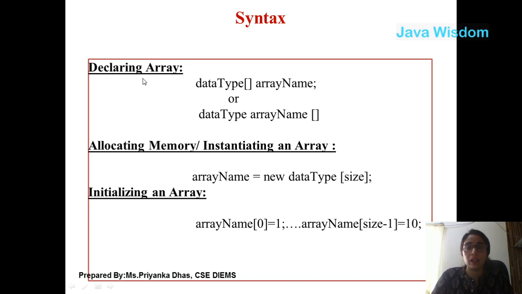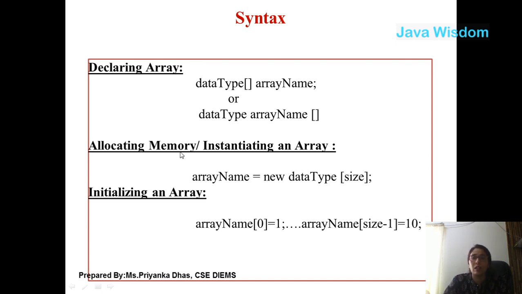So now just focus on the first part. Our first step is declaring an array. Under this you are going to declare a simple variable in the same manner which you do for a simple data type variable. So here the thing is what? An array is a type of variable which stores continuous data or a collection of similar data. So here data type means any primitive data type. The square bracket indicates an array and this is your identifier, the name given to the array variable. You can go with a data type, array name, and you can also give the square bracket after the identifier. Both can work.